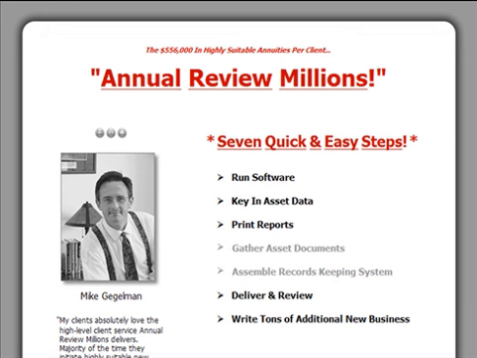Step 2, key in asset data. Pretty self-explanatory. What you want to do is grab your client file and just key in whatever the software asks you to key